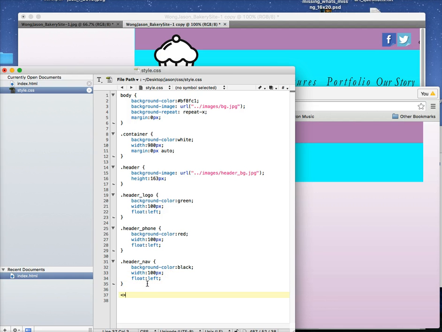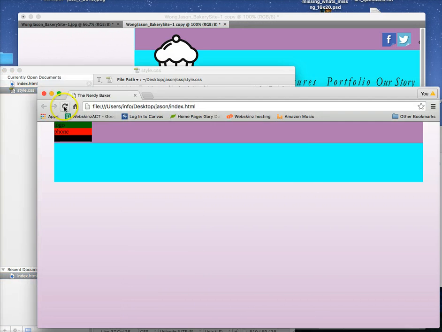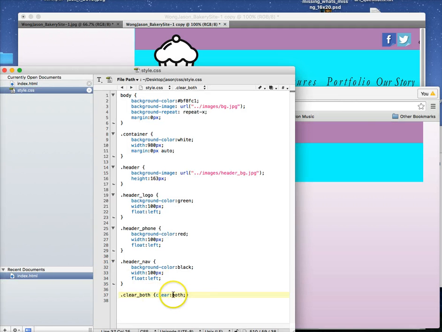And then we need to have a dot clear both, clear both. Save, refresh, and yeah, they're floating now. Now we got to write clear both, div,